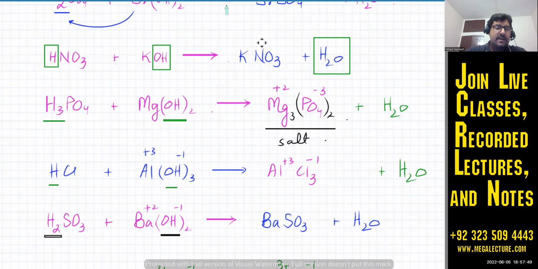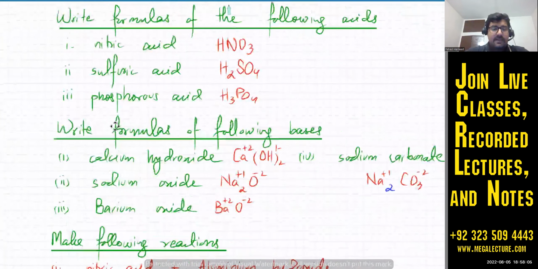That's K plus 1 and NO3 minus 1. Phosphoric acid and magnesium hydroxide: this is the acid, it's called H. This one has OH. These two will combine to form water, and whatever is left, that's your salt. Okay, so we did one of this question, then we did